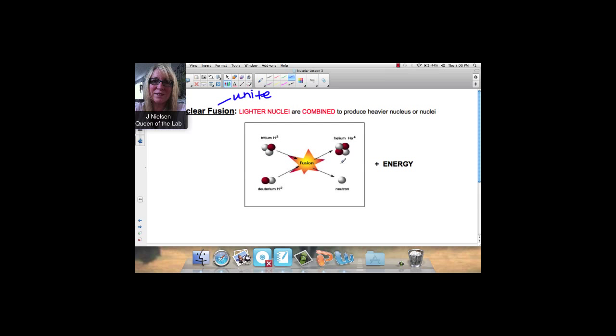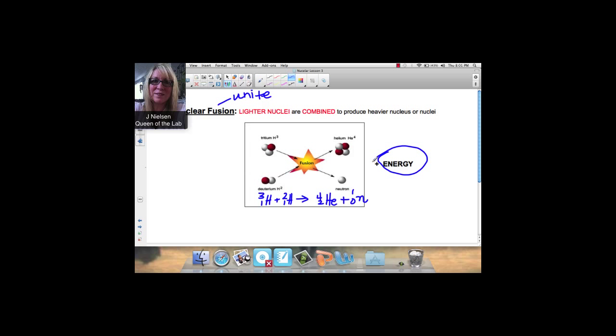In the process, a neutron is given off, because if you have 3,1H plus 2,1H, that's going to yield 4,2He, and you know that the mass has to be equal, so this is going to be 1,0 n. In order for the mass and the charge to balance, we gave off a neutron,